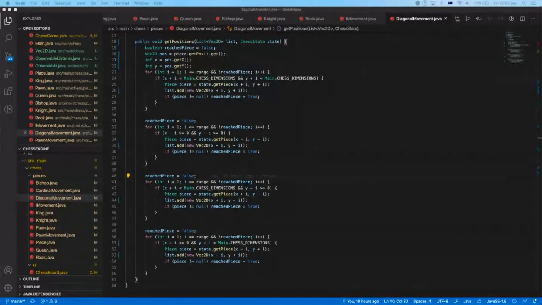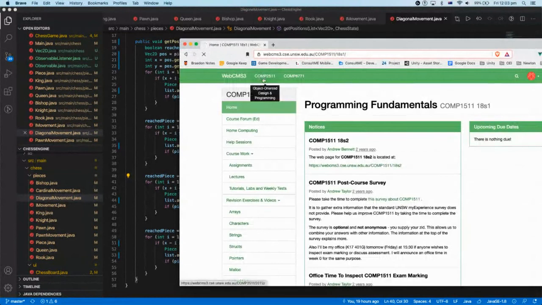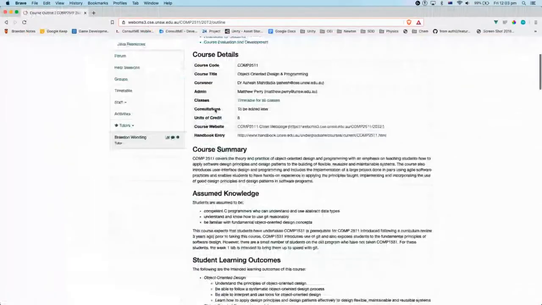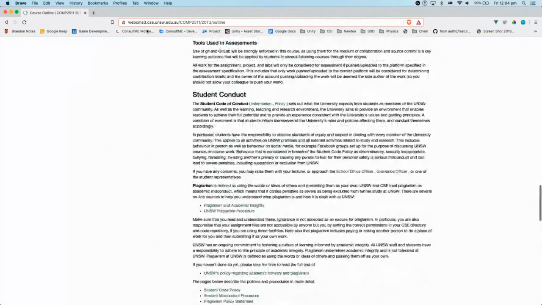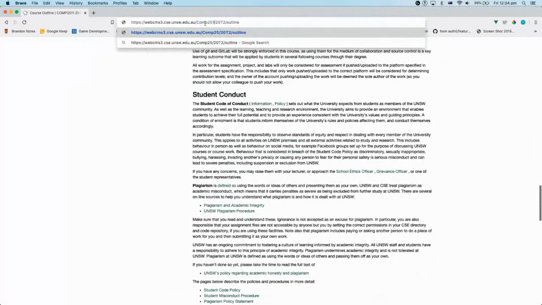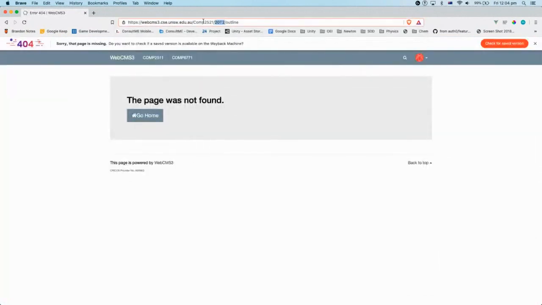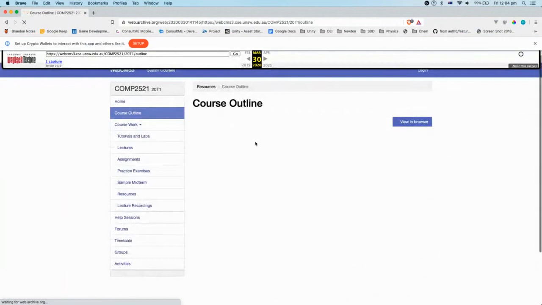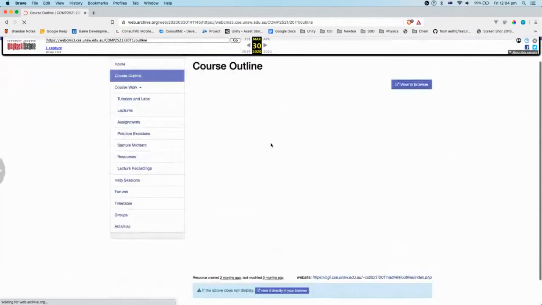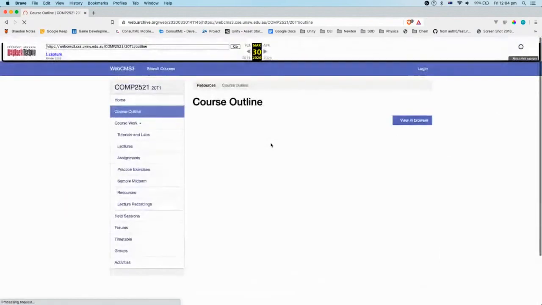So for example, typically 2511 has a really nice, not really nice, but it exists. Yeah, here. So this is the scheme. So what's the total course mark is just everything averaged together. So this is a really basic one. But if we just look at comp2521, right? 81. I feel like WebCMS is having a bunch of problems today. Yeah, WebCMS is really struggling, which is a bit interesting. Anyway,